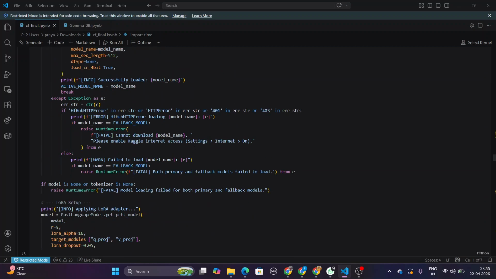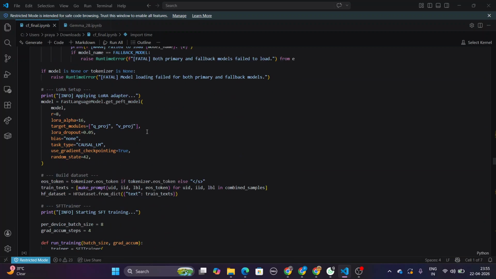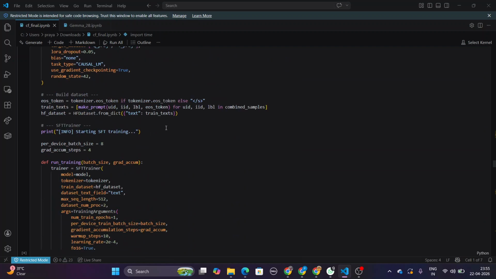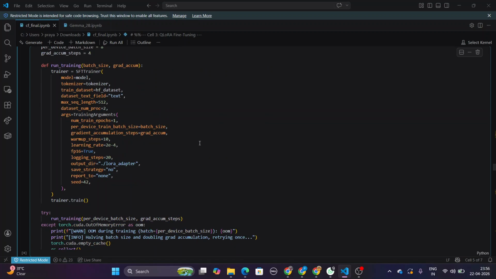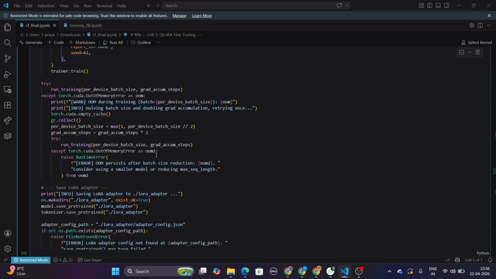So this is the final code, and this had been done by my partner. These are the LoRA adapter settings, and we used rank 8, and we took alpha value 16. This can be taken as 32 as well, but we went with 16, and we kept the dropout minimal at 0.05, and we ran it in causal mode. And we ran only one epoch because it was taking too much time to run. And the sequence length can be reduced as well, but we went with this.